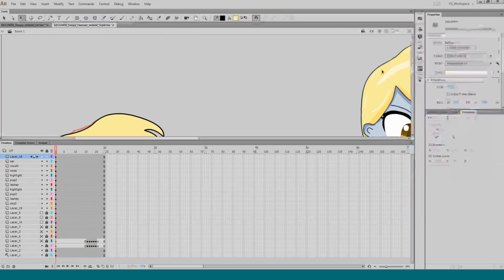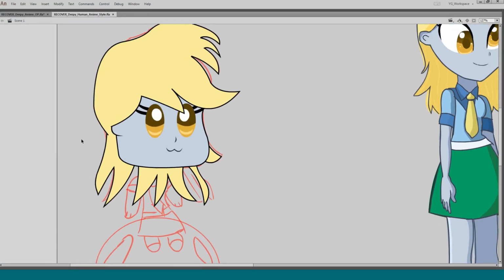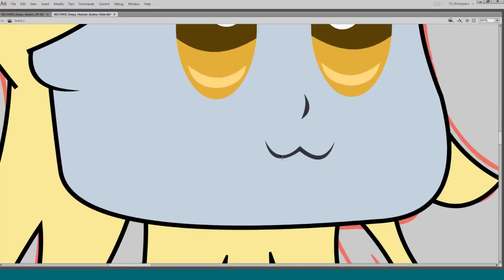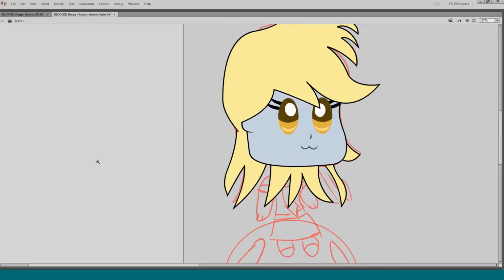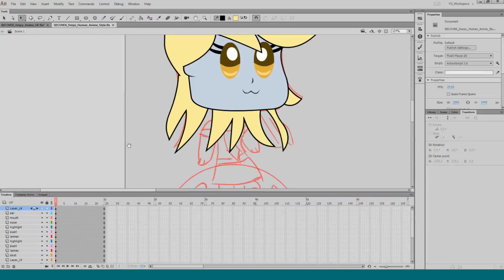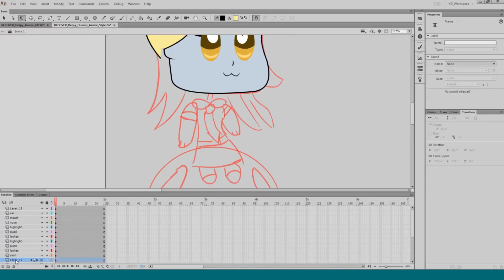I should add these highlights in, but I think I'll just get the basic one-tone colors in first. Actually, that's all good. There we go. Little cat mouth. It's kind of cute. Good. Alright, let's work on the body here. Get rid of this hair back here. Ooh, my heater's going. Can you hear that? Oh, that's my thing there. Hair behind.